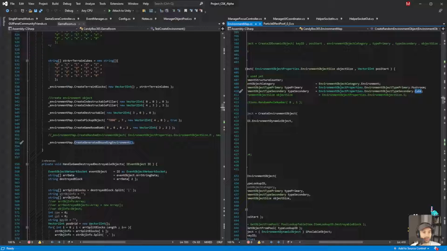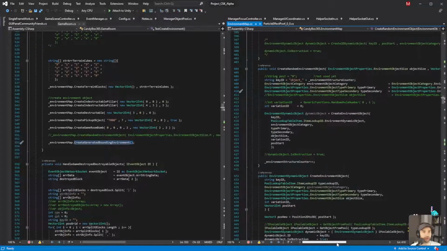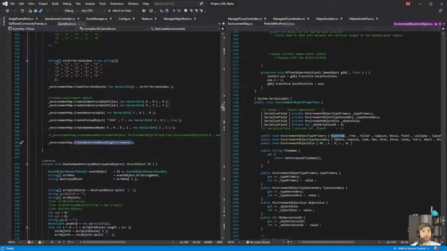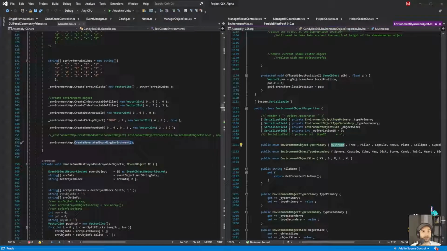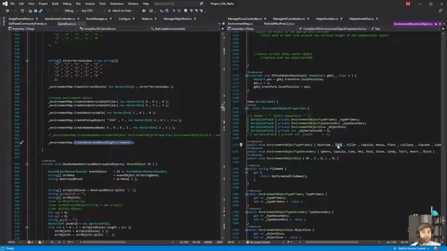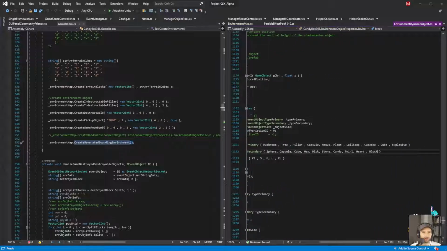So what we want to do is create a new category for it. So let's go into here, and inside of our enum, what did we call it? So it is a tree, yes. So it'll be tree, and then what did we call it? Something cone.